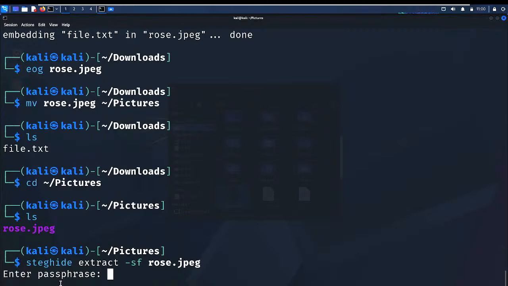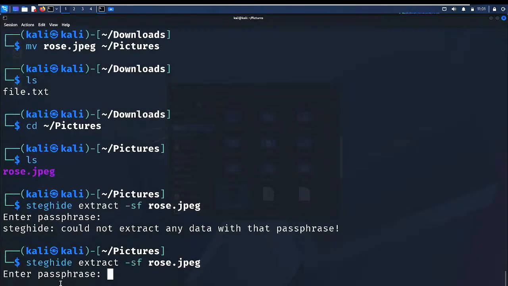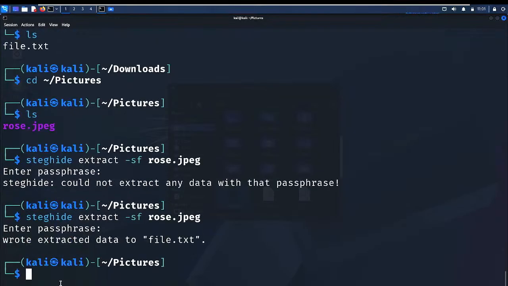If I enter now, it asks me for the passphrase. It said could not extract any data, so I used the wrong passphrase. Now enter the passphrase, and it said wrote extracted data to file.